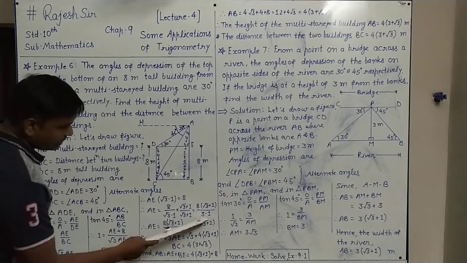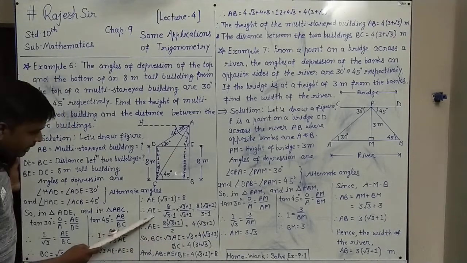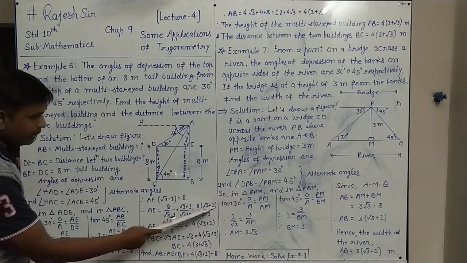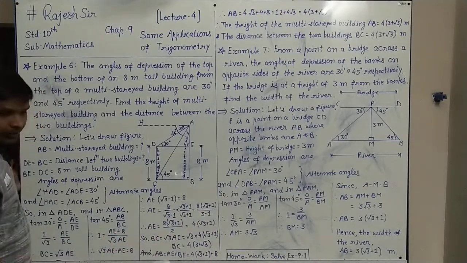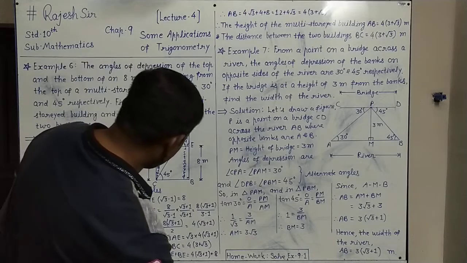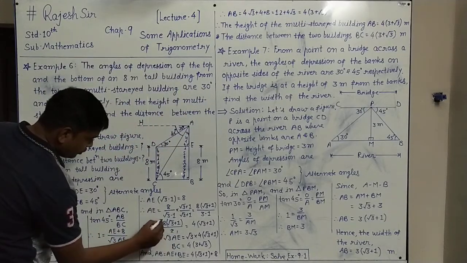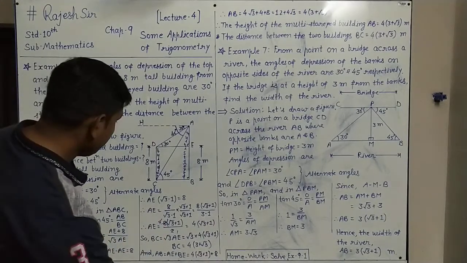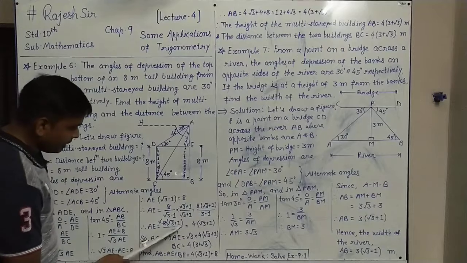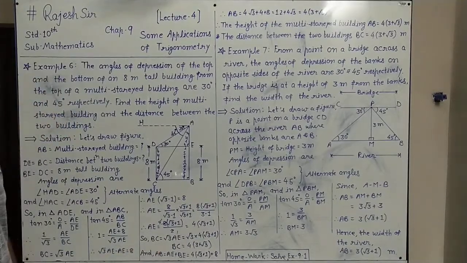So root 3 squared is 3, minus 1 squared is 1. On simplification, AE equals 8 into root 3 plus 1 up there as it is, and down there 3 minus 1 is 2. So this 8 upon 2 we can cancel with 2: 2 ones are 2 and 2 fours are 8. So what we have is AE equals 4 outside and inside the bracket root 3 plus 1. So 4 into root 3 plus 1 is the value of AE.